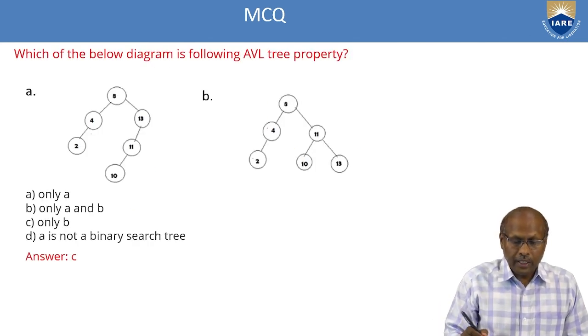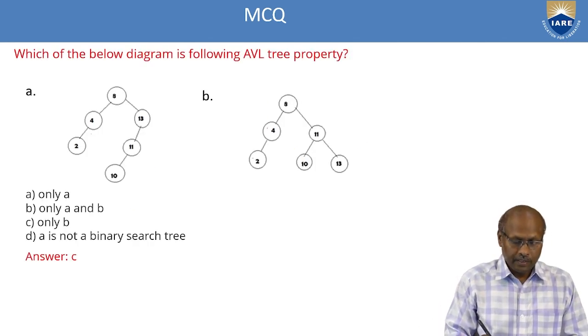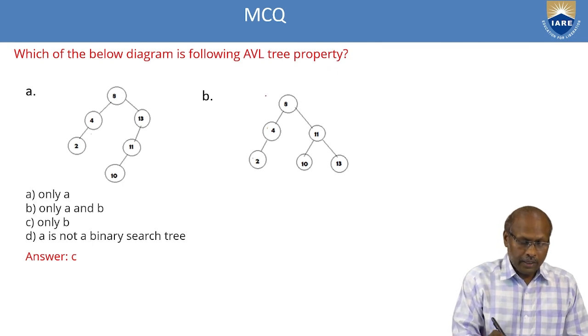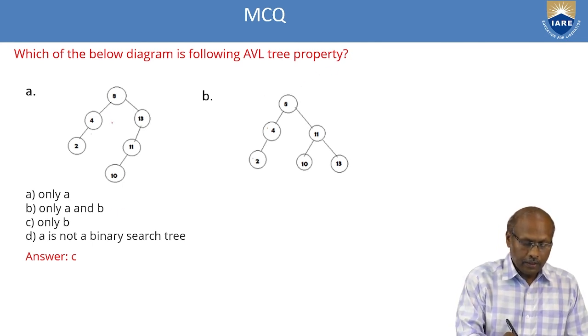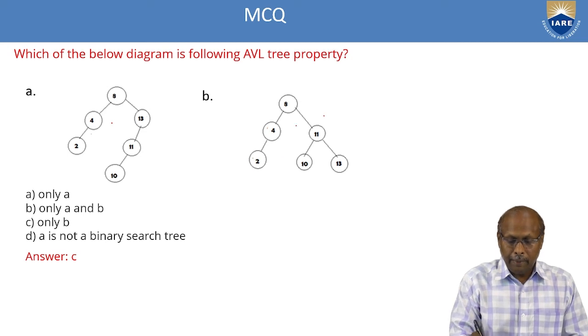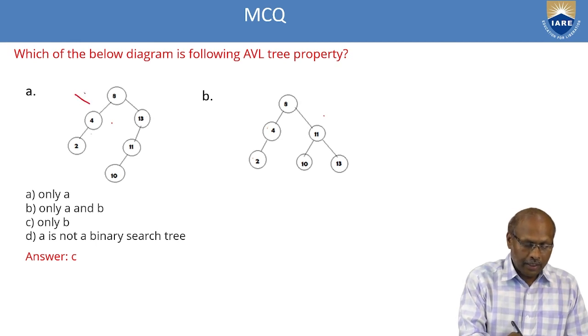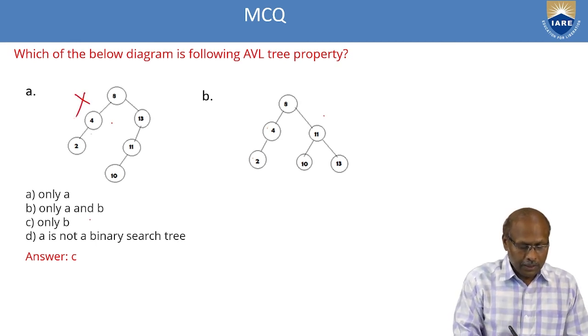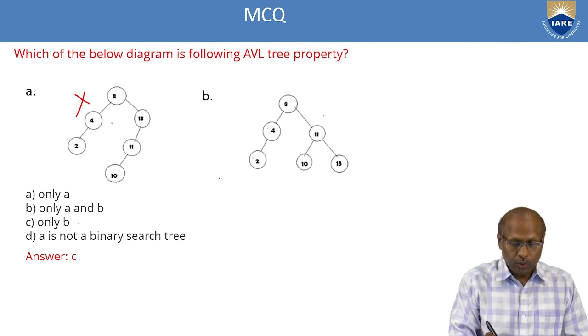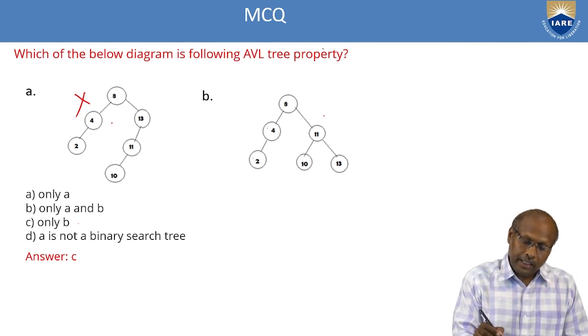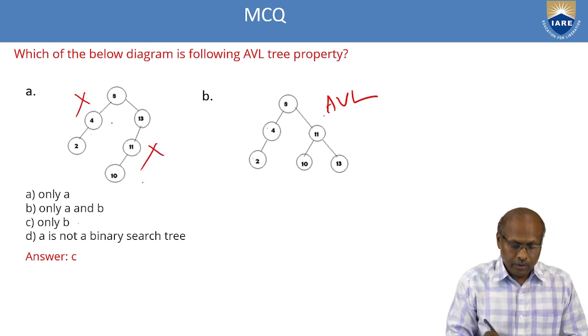Then, which of the following is not an AVL tree? This is not an AVL tree, whereas this is AVL because it is completely balanced. Height is maintained. So the answer is this. It is not an AVL tree. So that means only B is not an AVL tree. Which of the following is an AVL tree? So B is an AVL tree. This is an AVL tree. It is not an AVL tree. So that means the answer is.